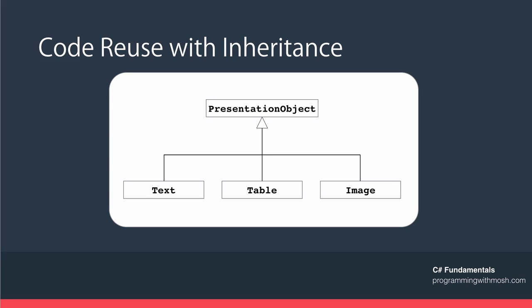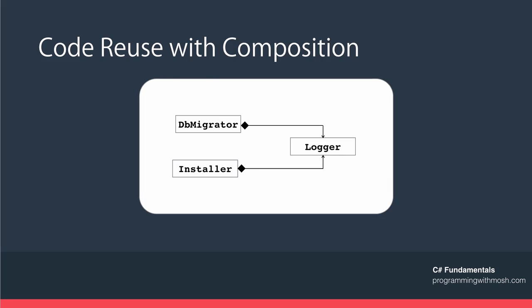So you saw that with inheritance, we can get code reuse. I showed you an example of a presentation object where we wrote some common code that was inherited by text, table, and image classes. You also saw an example of code reuse using composition. So we had a logger class where we defined the logging capability, and then we used that class in DB